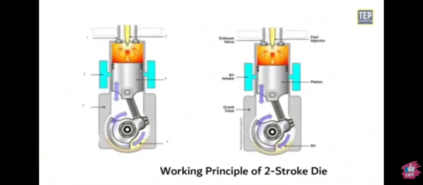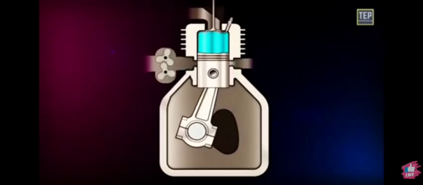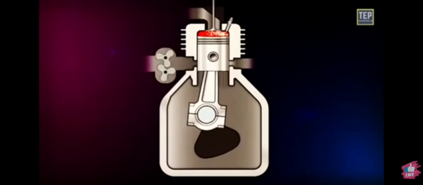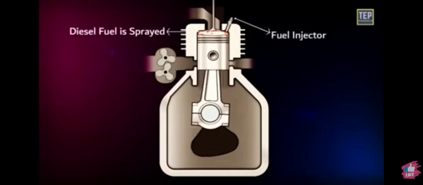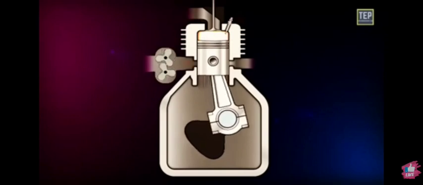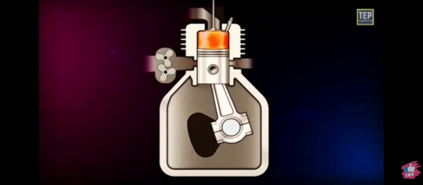Two-stroke diesel engine. It works the same as the petrol engine, but it injects diesel at the end of the compression stroke. When the piston is at the top of its travel, the cylinder contains a charge of highly compressed air. Diesel fuel is sprayed into the cylinder by the injector and immediately ignites because of the heat and pressure inside the cylinder. The pressure created by the combustion of the fuel drives the piston downward. This is the power